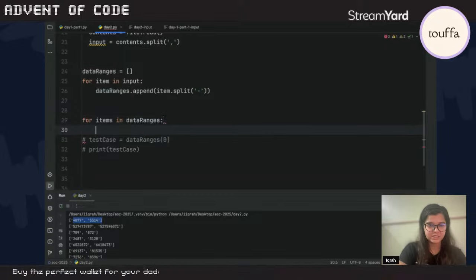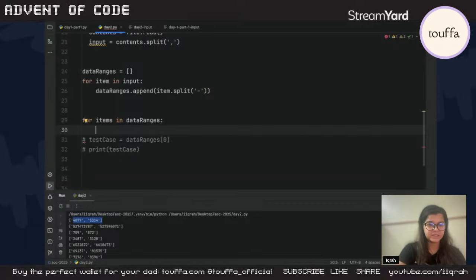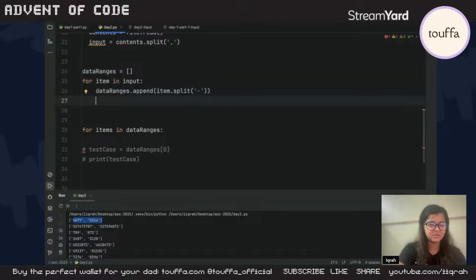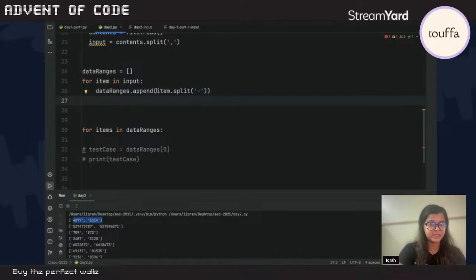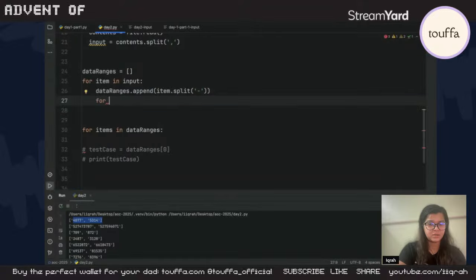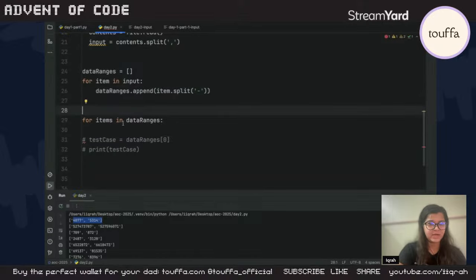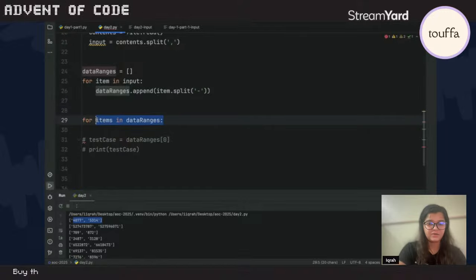For items in list, that's the list. No, we can do it here. Can we? Once we have appended it, for i in, no, let's do it outside, like a separate group. Let's do it as for item in data ranges. No, oh yeah, for i in,